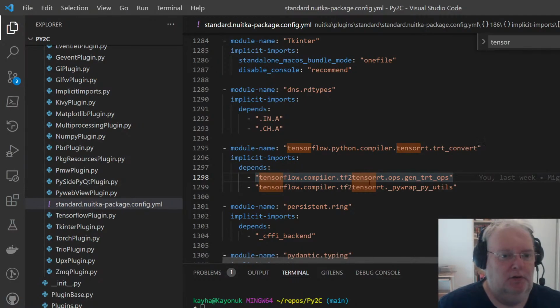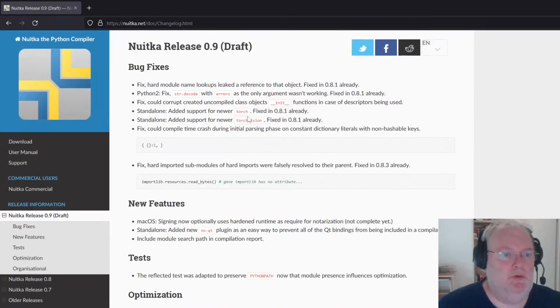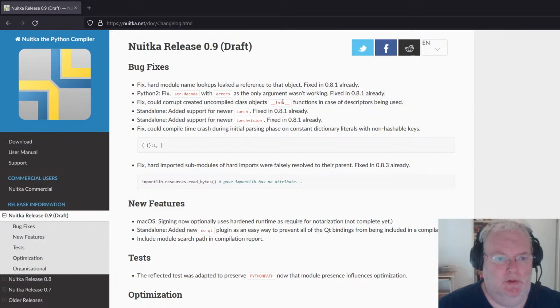Well, okay, so here we are. So that's the TensorFlow. So in terms of news, big one, OpenCV was already dealt with, of course, with the 0.8 release. So actually, if you download 0.8, you get this. This is actually a corruption bug. There are a few corruptions still in Nuitka that are plaguing me, and I'm searching for them. I do that by running more and more test suites in Python debug mode, and doing so found this one, which actually should have been the one I'm looking for, but apparently was not.